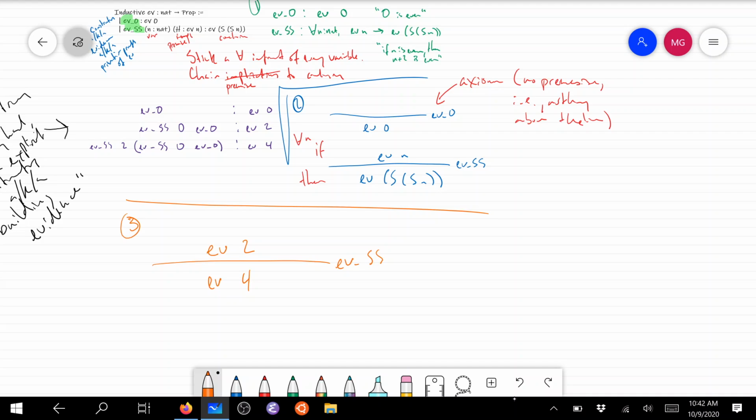Now check for yourself, is this an application of the EVSS rule in some case? Well, yeah, we've instantiated n with 2, and so this would be a valid bit of reasoning. But EV2, by EVSS, it suffices to show EV0. And then EV0 we can find directly by EV0, forget the exact name. So the general idea is a tree or tower of instantiated inference rules